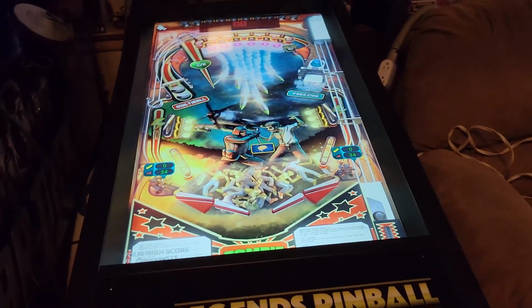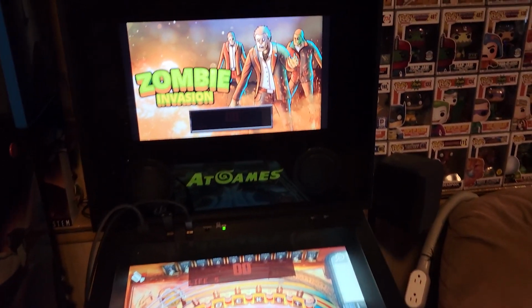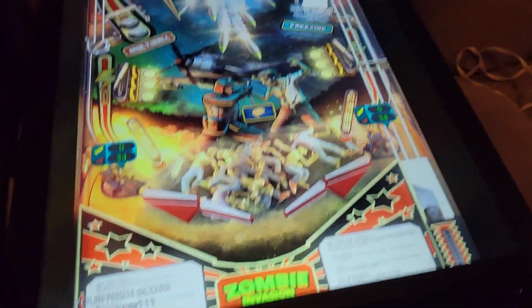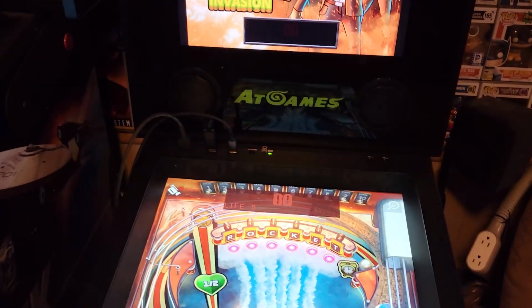All right, so here's what I wanted to boot up. This is something in Zaccaria Pinball that is not available for the AtGames Legends Pinball. This is that zombie table. So let's see here. Oops. Wow, that's...